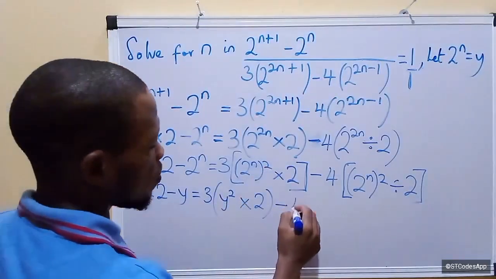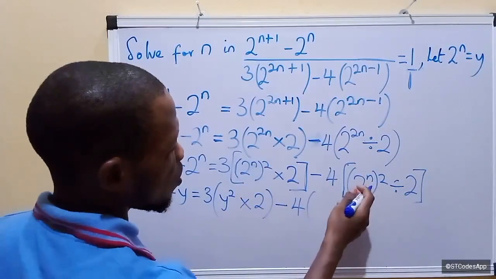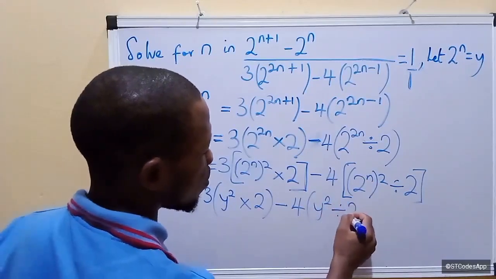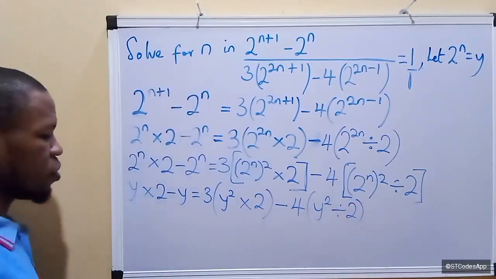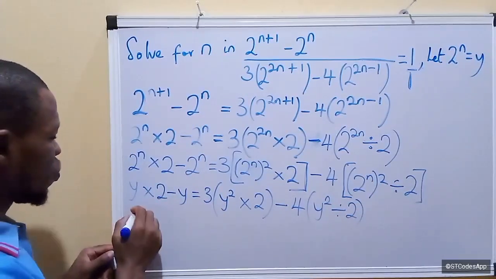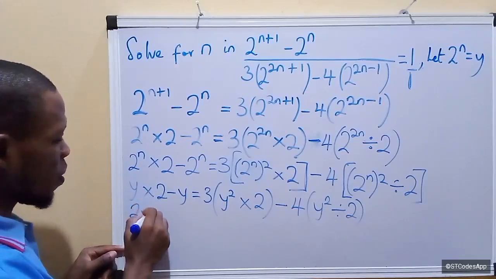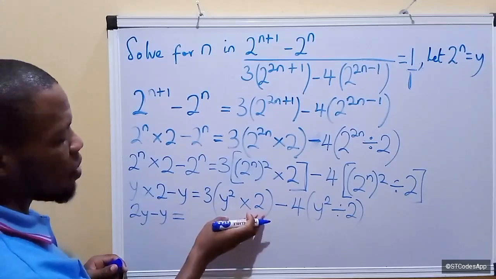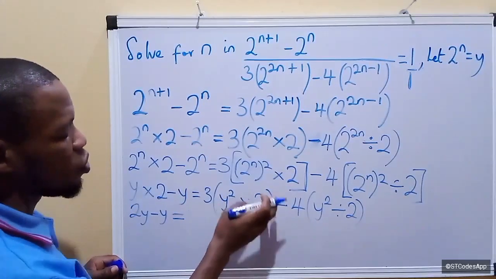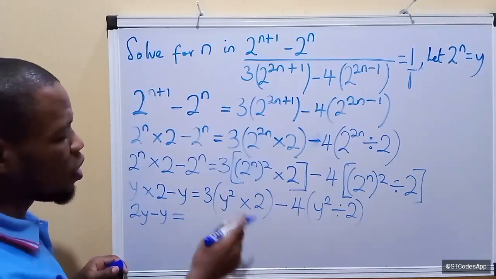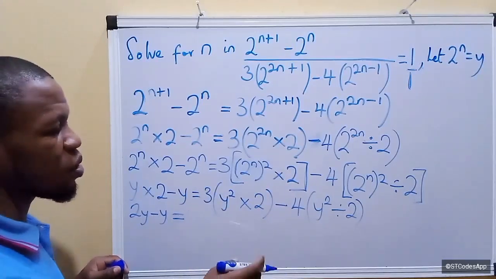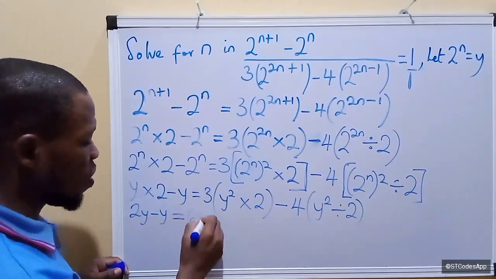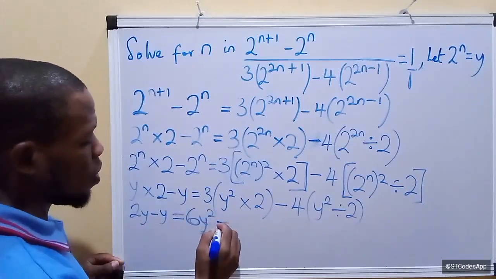minus 4 into 2 raised to the power n becomes y, then we'll have y squared divided by 2. So y times 2 gives us 2y minus y equal to, now what we have inside the bracket here is y raised to the power 2 times 2, which is 2y squared. So 3 times 2y squared is going to give us, 3 times 2 is 6, that's going to be 6y squared. So we have equal to 6y squared minus,